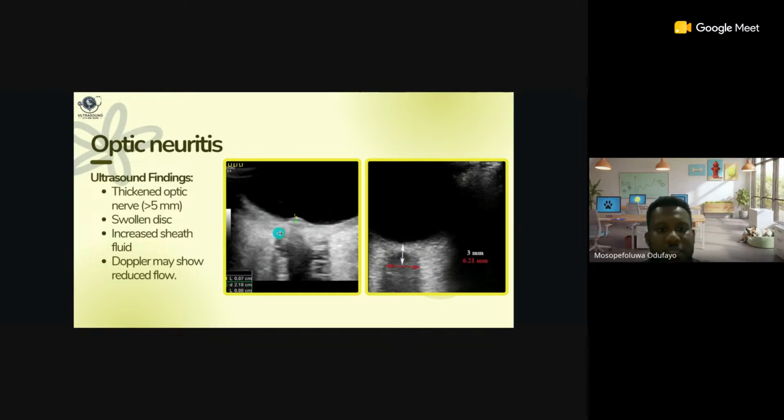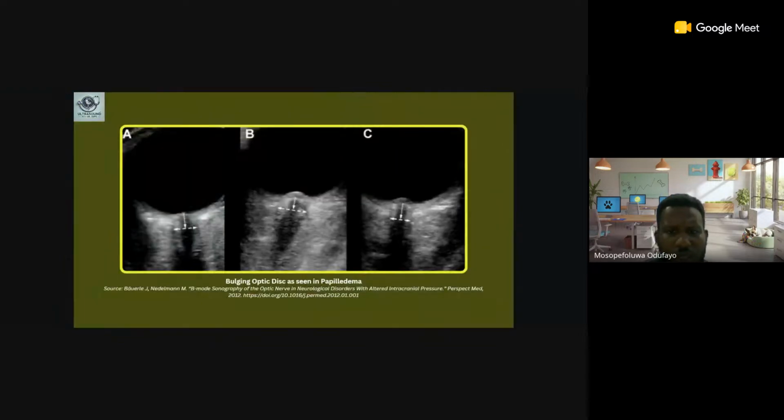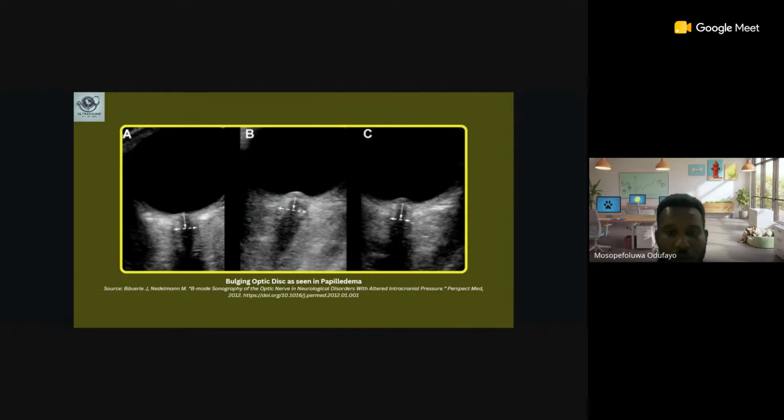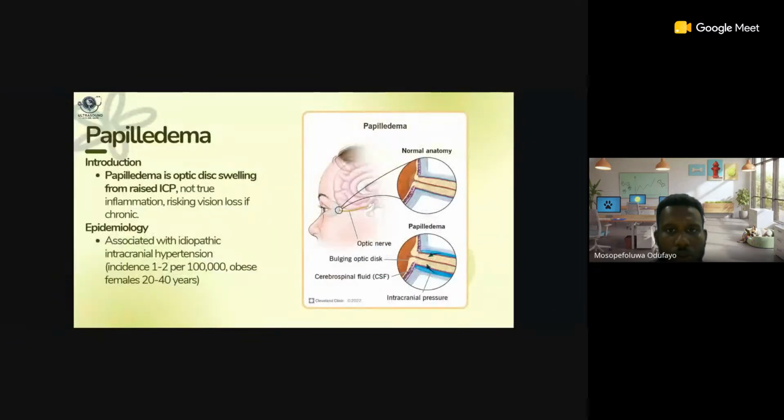So, swollen disc and increased optic nerve sheath diameter. There could also be increased sheath fluid, fluid there. Then Doppler may show reduced flow, basically. So look at this bumpiness here in the optic disc. Bumpiness in the optic disc and increased optic nerve sheath diameter are two significant findings. Bulginess of the optic disc here is seen in papilloedema. You can see, like I said, there's papilloedema also. It can lead to